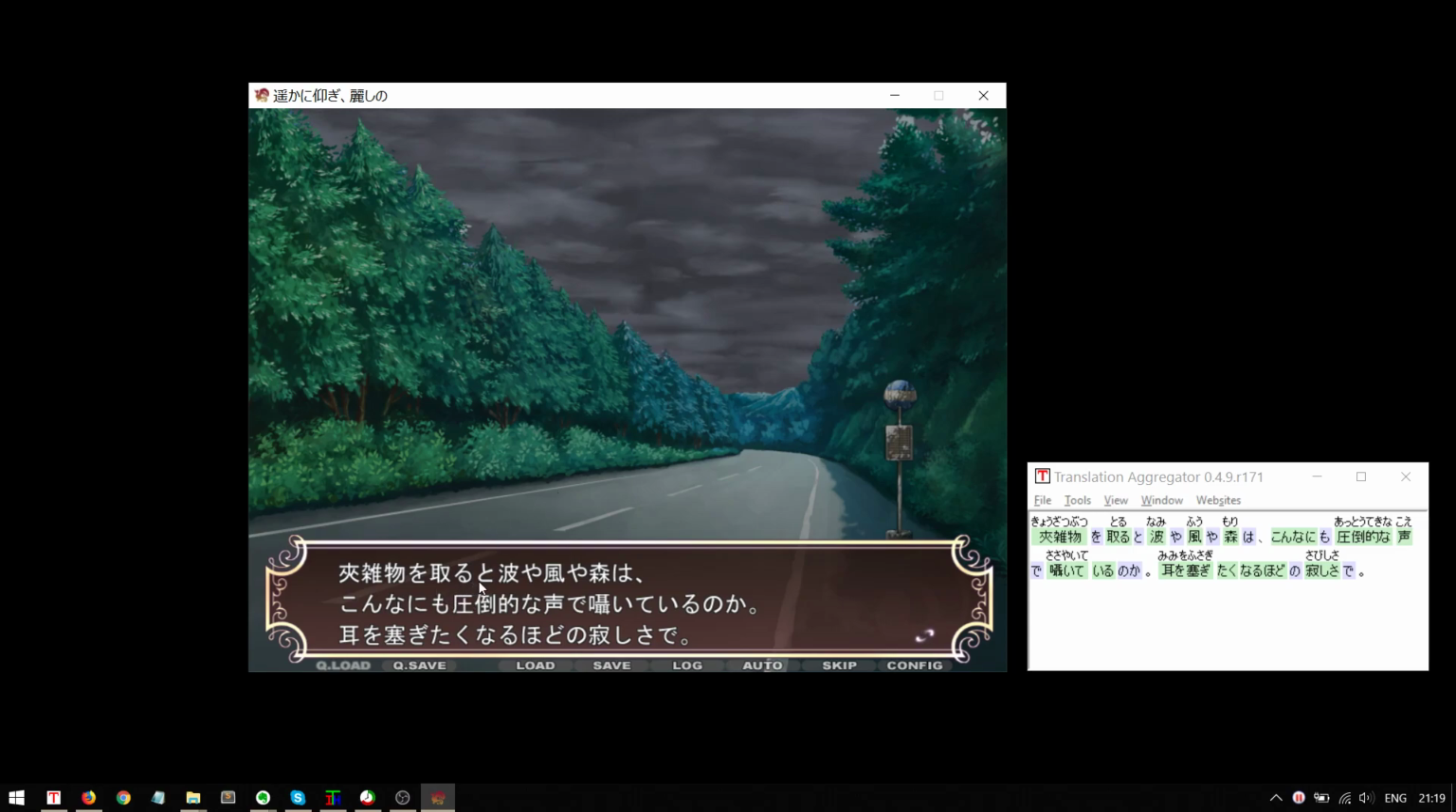So this toru here means to remove. And this means foreign elements. In this case, this is talking about nature, right? So the foreign elements are the sounds of society, or artificial sounds. So when you take that away, this is a to conditional. It means when you do something, then what naturally happens after. So when you take this away, nami ya kaze ya mori, the nami and the kaze and the mori wa